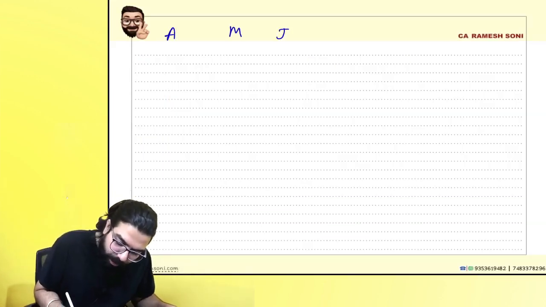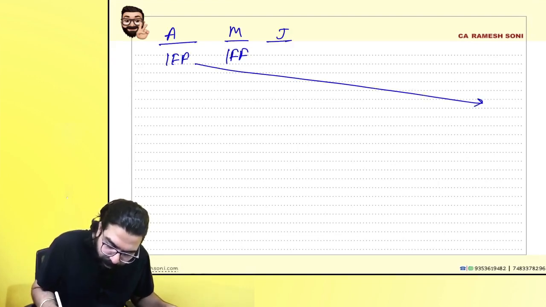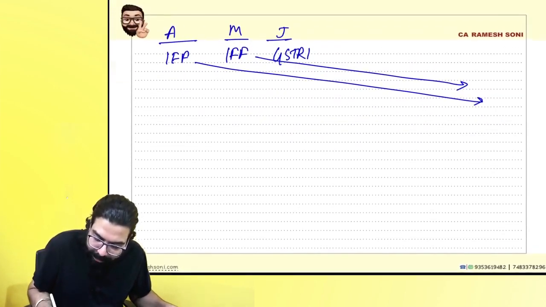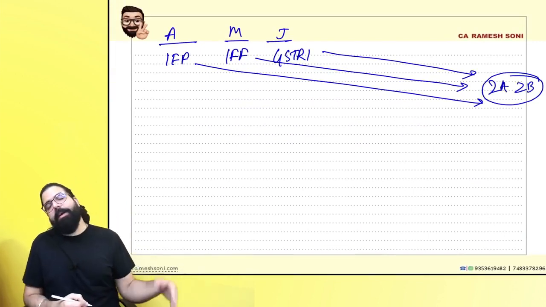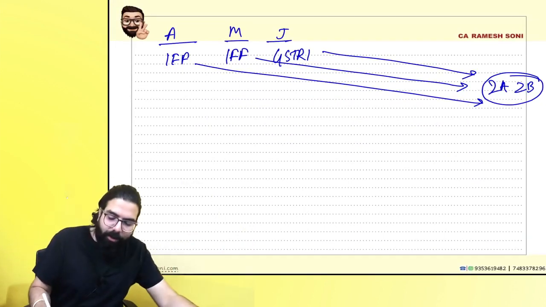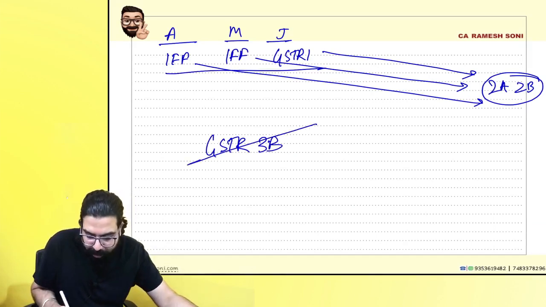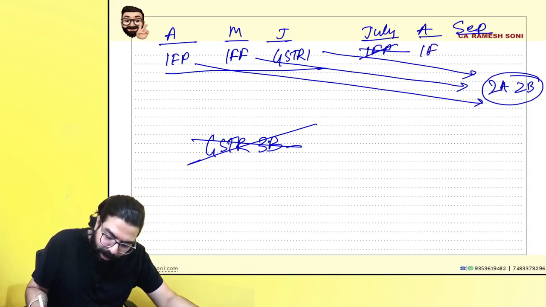April, May, June, you filed your invoice furnishing facility, front party took the credit. IFF you do, again the front party took the credit. GSTR 1 you filed, front party took the credit. It went to 2A and 2B every month and the front parties are taking the credit. When it's your turn to file GSTR 3B for this quarter, you did not file, then government is telling July onwards, July, August, September, you will not be able to do your IFF also, and you will not be able to file your